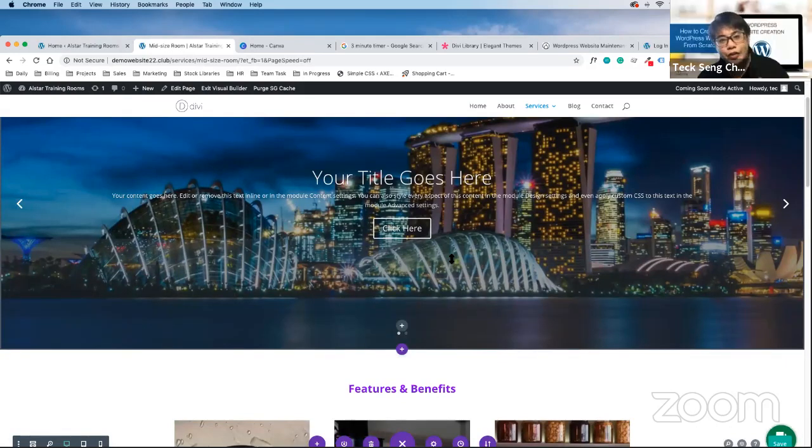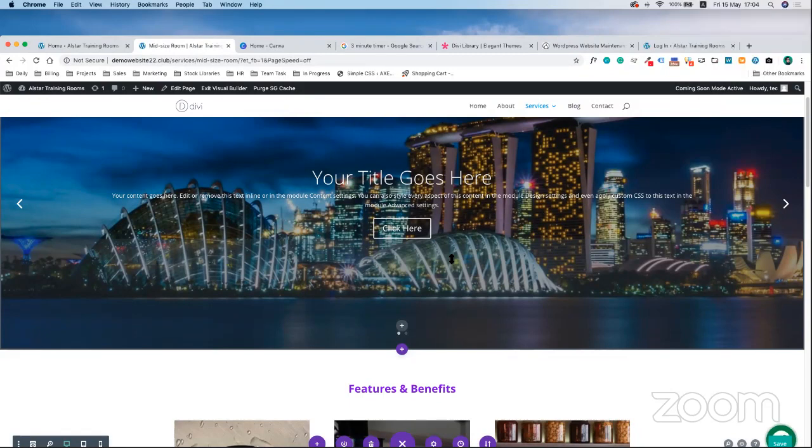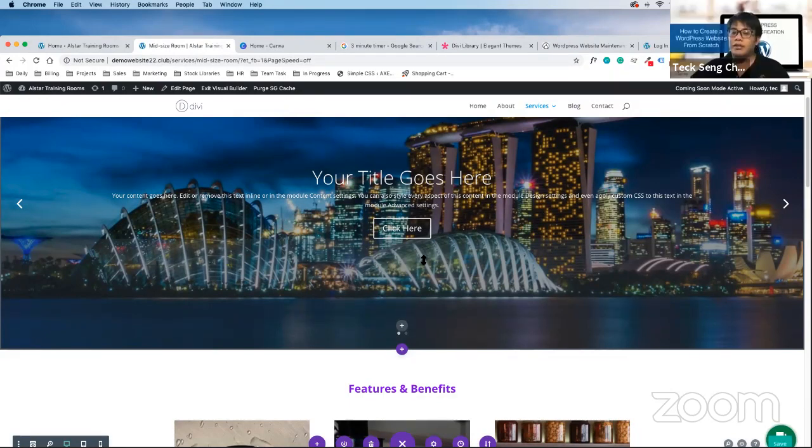For shortcut wise, you can click edit with DB. But I just want you all to know, because tomorrow when we go through the SEO part, we'll talk about what you can do outside DB. So I don't want you all to have a habit of clicking on edit with DB, or later you cannot find the pages.